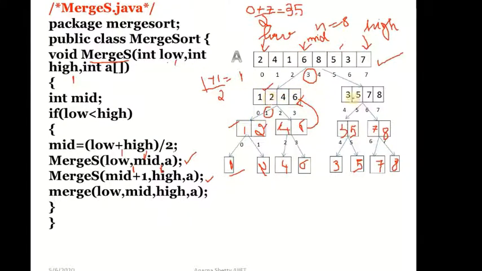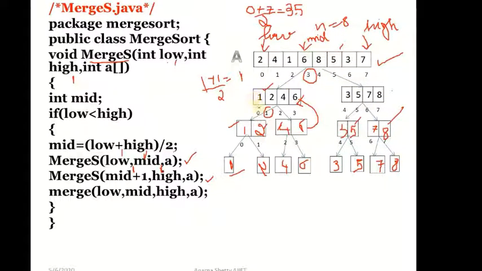Here, if you see, 3 and 5, when you merge it, you have to sort; it is 3 and 5. Similarly, 7 and 8, when you merge it, you have to sort and merge it. Finally, these two arrays, when we are merging, we have to sort and merge as 3, 5, 7, 8. Here I had already sorted it initially itself.